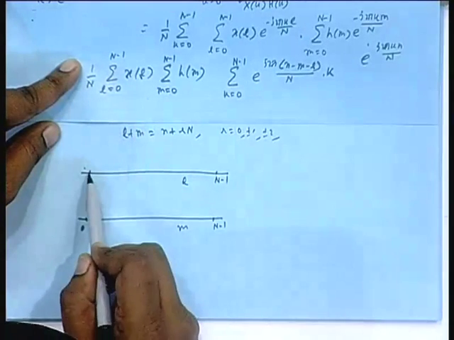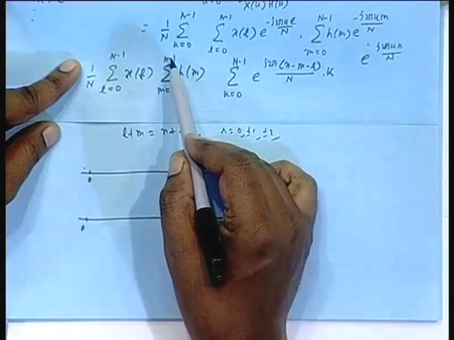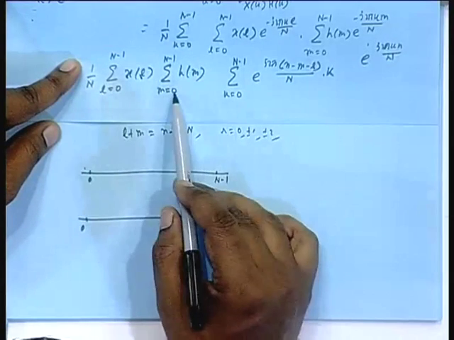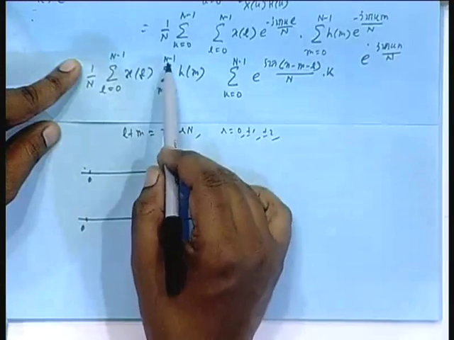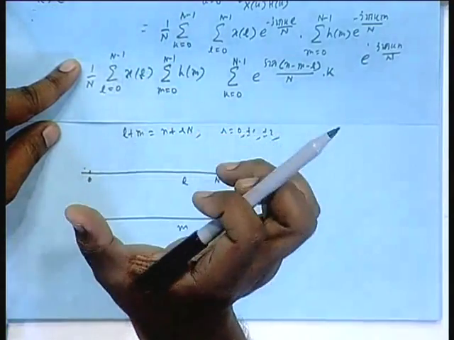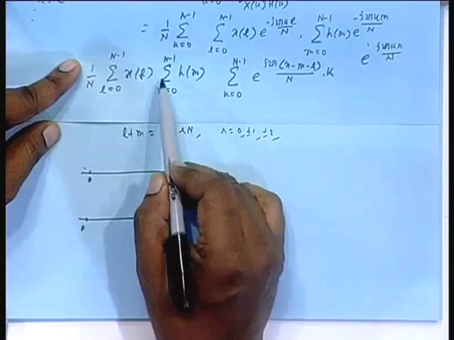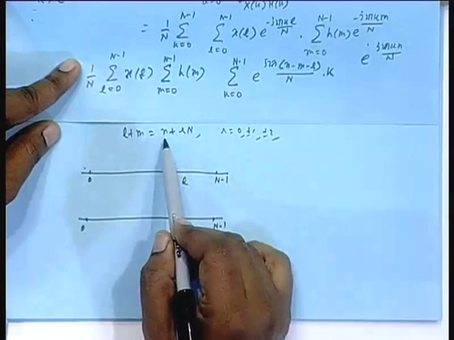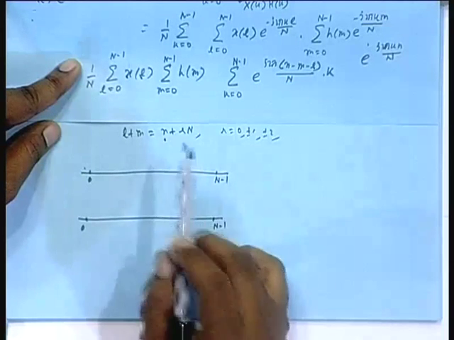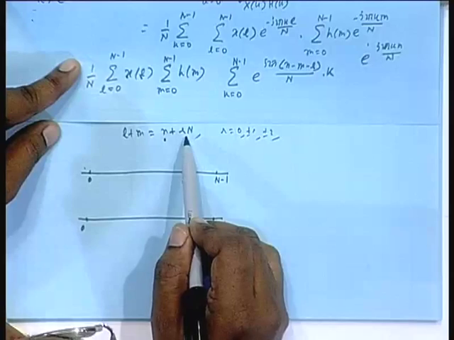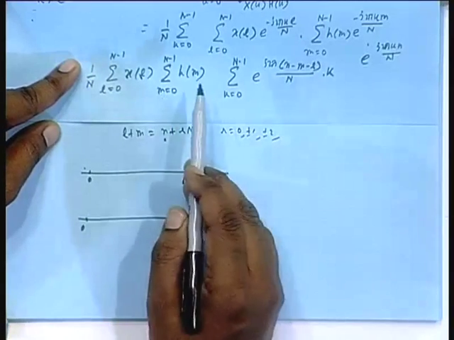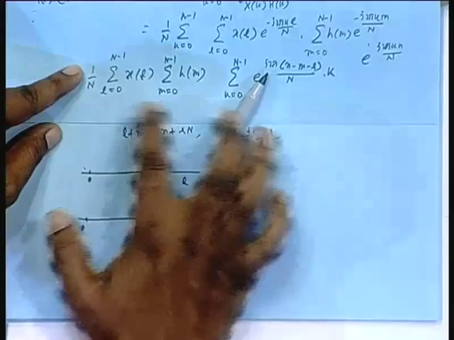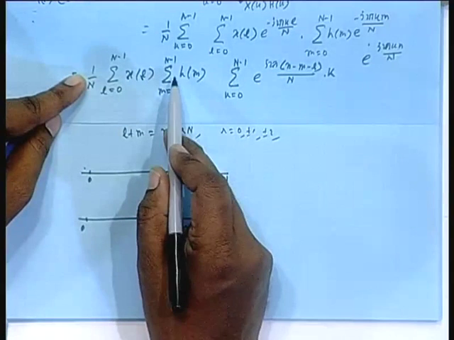Suppose l is 0, then m is varying 0, 1, 2, 3, only when m equals, in this range, small n, because small n you are speaking from the range 0 to capital N minus 1 only. So only when m hits small n, this is satisfied, or when m hits n plus capital N. But can small n be n plus capital N? Answer is no, because all the indices have got limited range 0 to N minus 1. Small n plus capital N means you are jumping beyond the range, so that will not occur. So for l equal to 0, small m equal to n, that is enough.